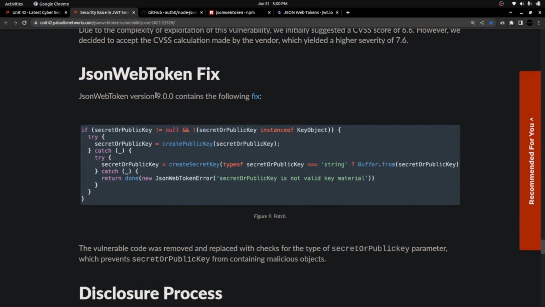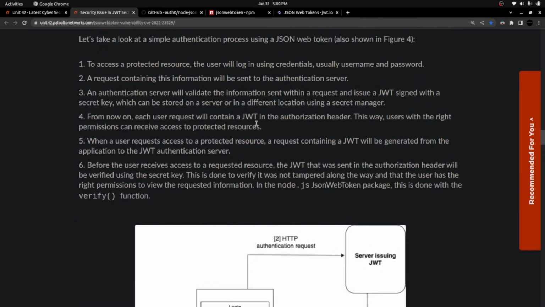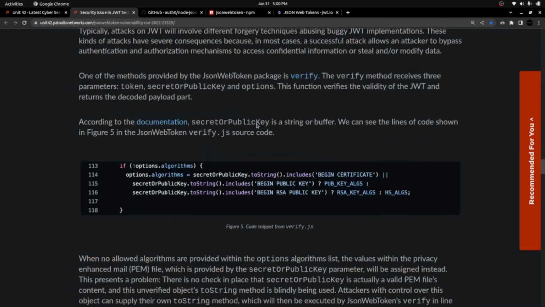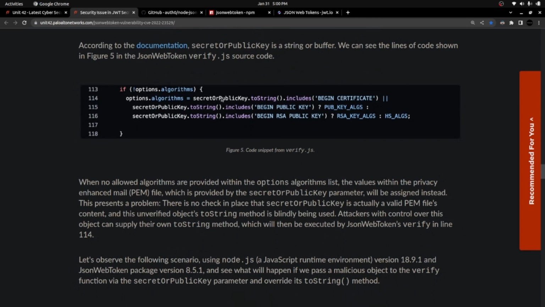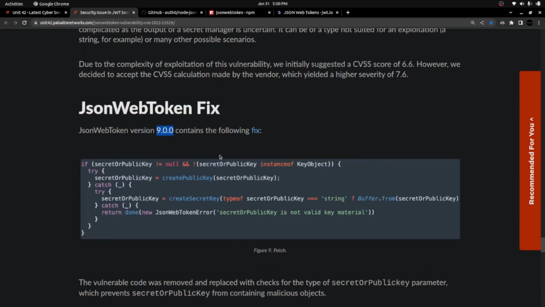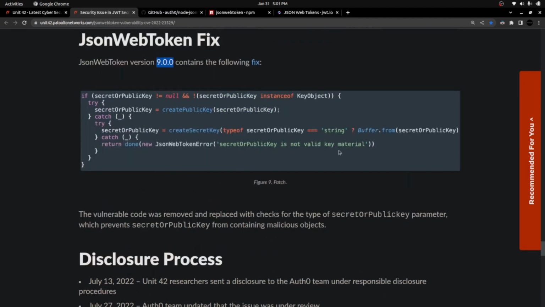In the recent 9.0 version, they have modified this whole code block, so that it is actually not having control over the secret or public key parameter. So this code is the vulnerable one. They replaced this code and added this specific stuff in order to verify the secret or public key and its authenticity. Well, so this is the fixed code, and the vulnerable code was removed and replaced with